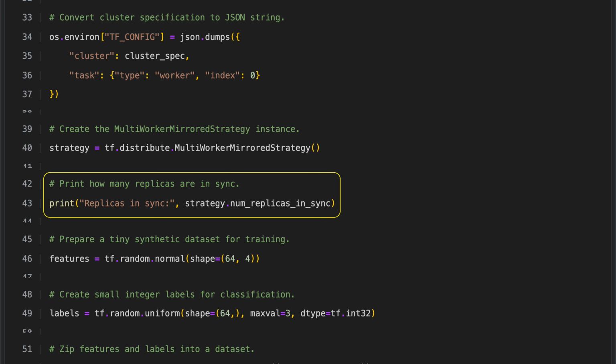This line reports how many replicas are synchronized under the current distributed training strategy. The strategy object is a TensorFlow MultiWorkerMirroredStrategy that coordinates training across multiple devices. By checking its num_replicas_in_sync attribute, you can see how many replicas are actively involved in the synchronized training. This helps verify that the distributed strategy is configured correctly and working as intended, especially in a simulated